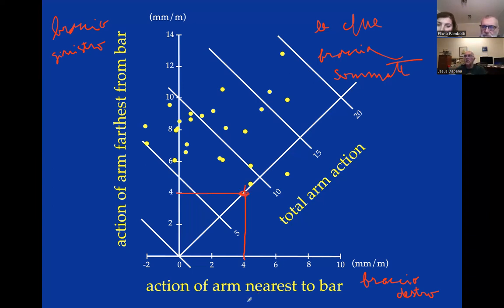But what we see here is that almost all the dots are up and to the left. So what this means is that almost all of these jumpers are using the left arm more than the right arm. So normally you would say, well, there's something wrong. You need to use your right arm more, right? Why is it not working? But no. So why do you use the left arm more than the right arm?